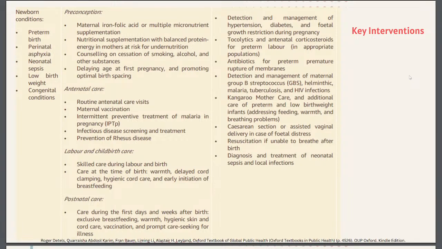Then second is maternal vaccination. All women are vaccinated against tetanus, so that the newborns do not suffer from neonatal tetanus. If a mother is given the tetanus vaccine during pregnancy, it prevents this, because up till the adolescent age group all of you have had your TT vaccinations. It would have been recently, when you were in 11th or 12th, that is the last vaccination you might have received, 10 to 15 years ago, and when you come here you probably receive the hepatitis B vaccination. Some of you have, and some will receive it later on. So, something as simple as tetanus vaccination to prevent neonatal death needs to be given to these mothers